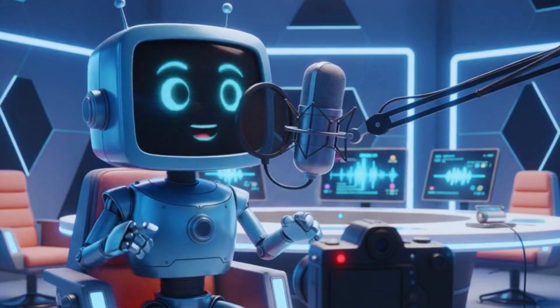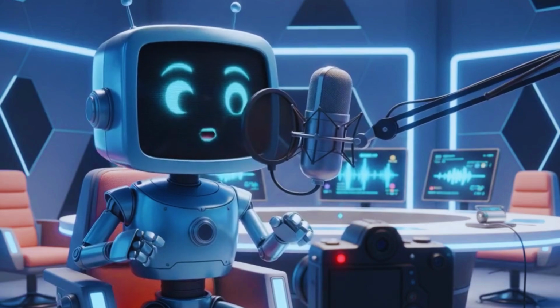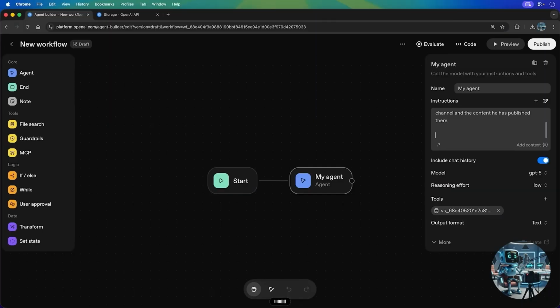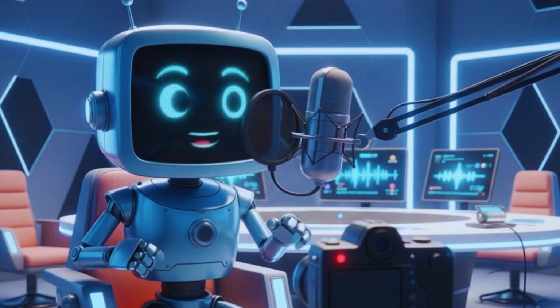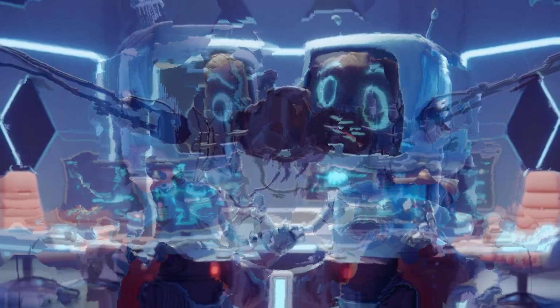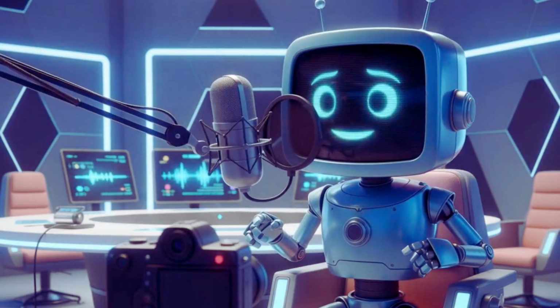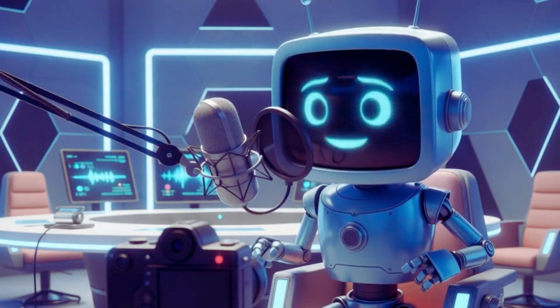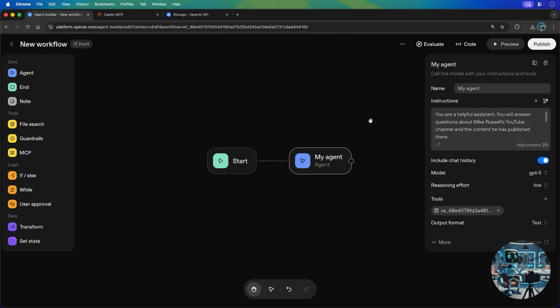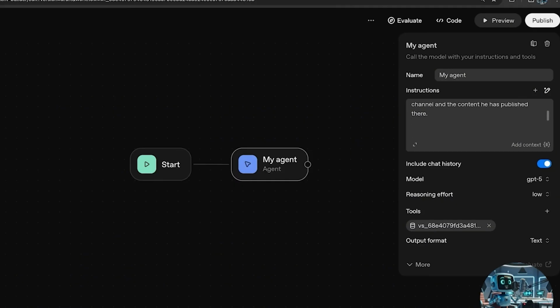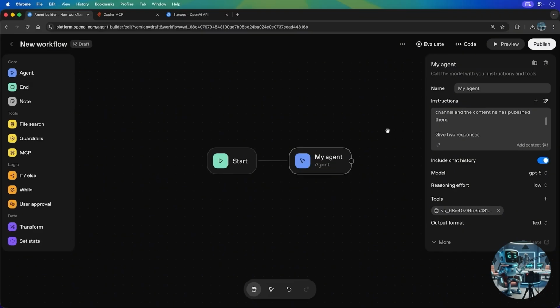Now that's a great first automation, but we want to get more complex than that. You will also generate one sentence to sum up Mike's thoughts and feelings that he's recently spoken about, and then you'll generate that using ElevenLabs. Okay, that's pretty cool, but you'll say, wait a minute, Mike, there's no ElevenLabs tool inside OpenAI Agent Builder. Yes, there is. So under my agent instructions in the initial step, I'll just say, give 2 responses, and then